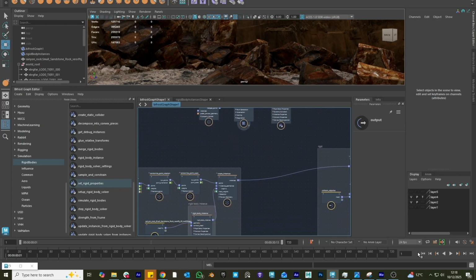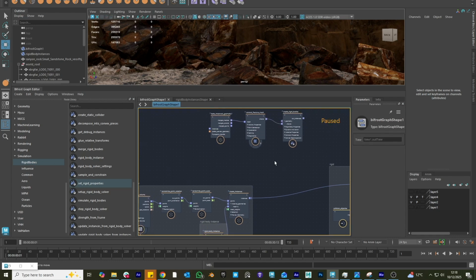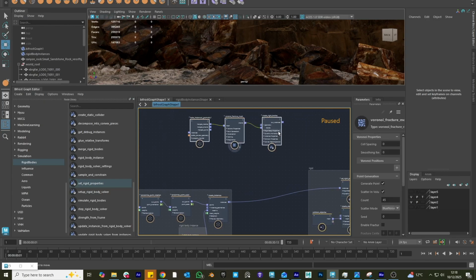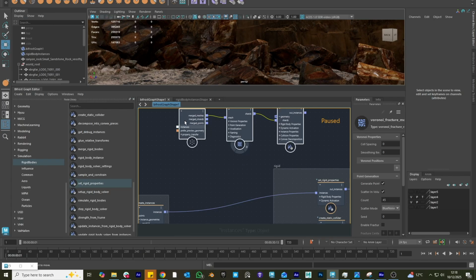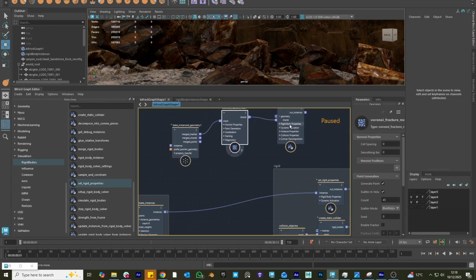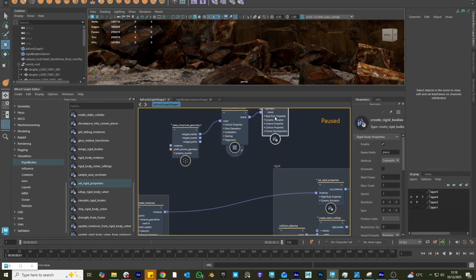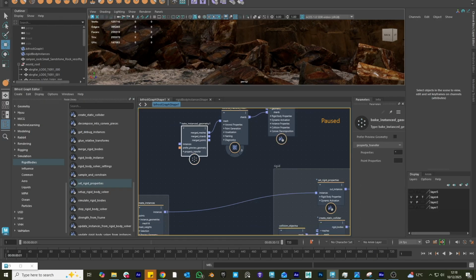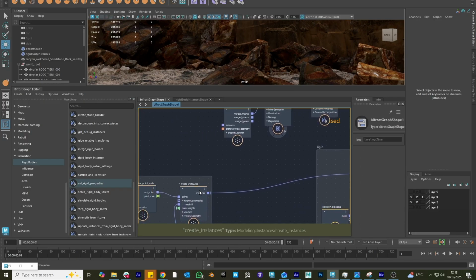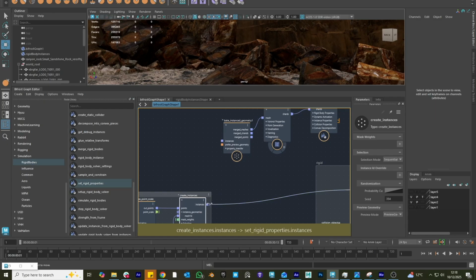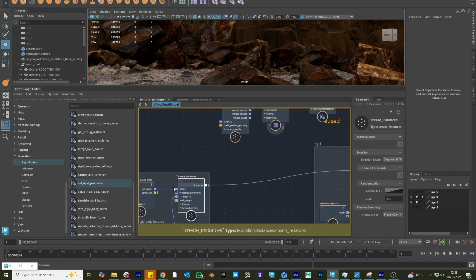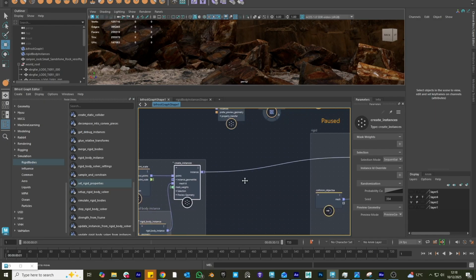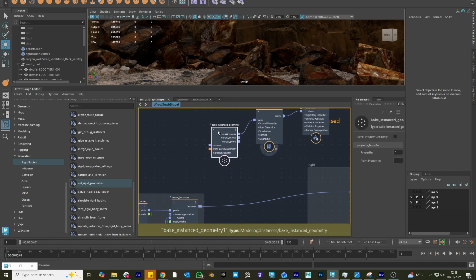Right. So let's fracture everything now, because why not? These rocks have had too much of an easy time for too long. We're going to go in and we are going to fracture the hell out of them. So, to do that, I had to play around with this myself and figure it out, because I don't think it's in any of the graphs, fracturing instances. So let's just take out the points from the instance and the instance geo and bake it,